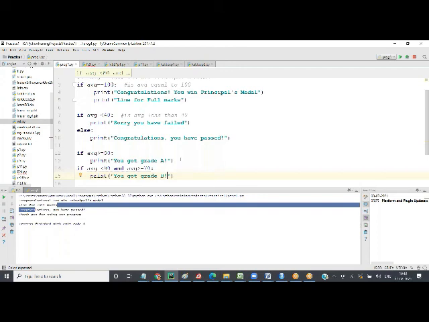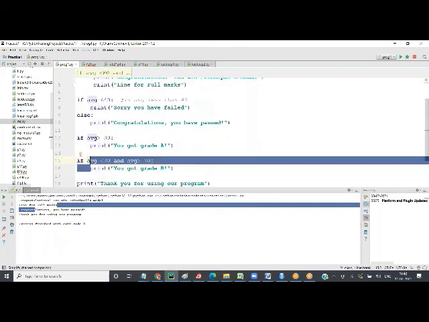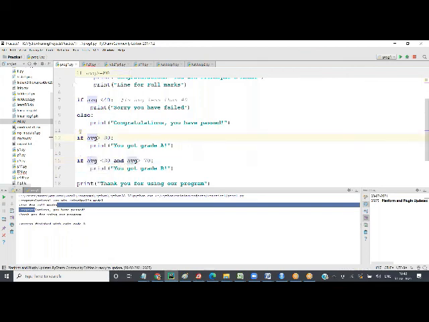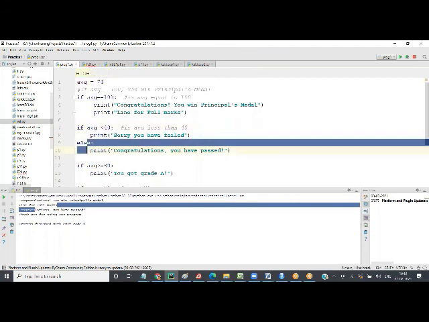So what I have done, I have created one more if block. So this is our fourth if block. Greater than 80 here, it comes and prints here. And let's say if I put 70 here, then what happens? AVG equal to 100? No. The condition is false. It will not go inside this if. Then comes here. AVG less than 40? No. But we have else here, so it goes to else. It says congratulations, you have passed.